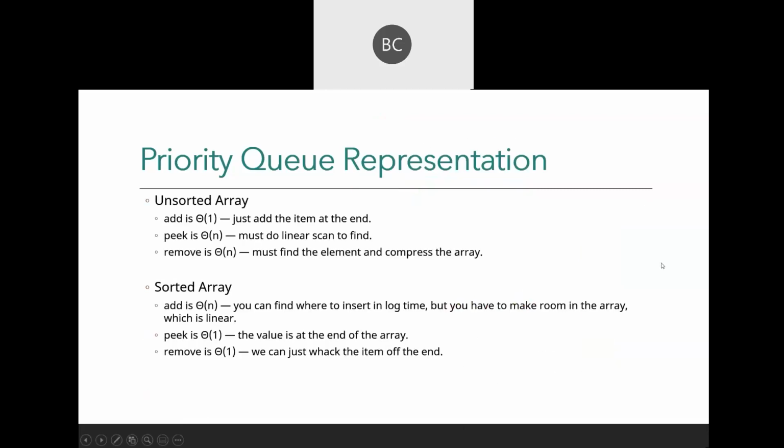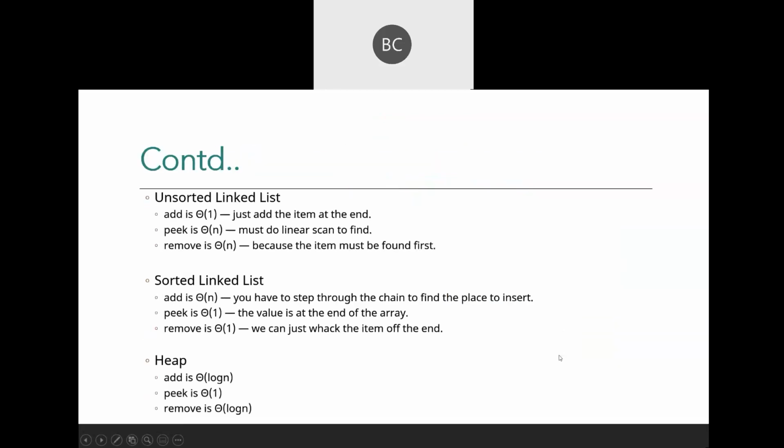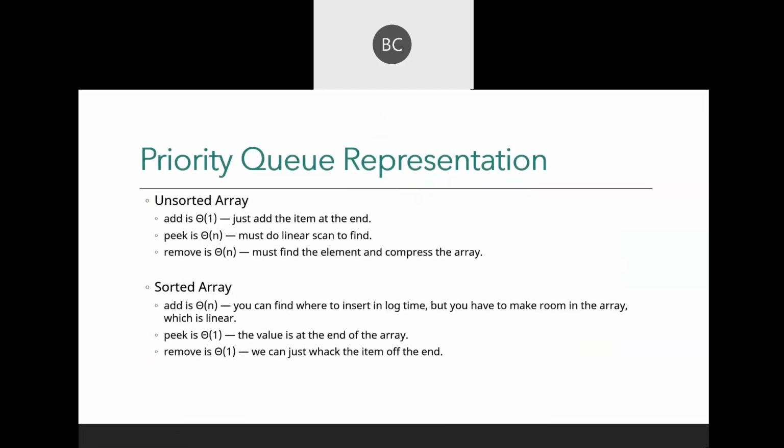So now how can we represent a priority queue? A priority queue we can implement in many ways. To implement a priority queue, we can use an array, a linked list, a heap data structure, and we can also use a binary search tree.